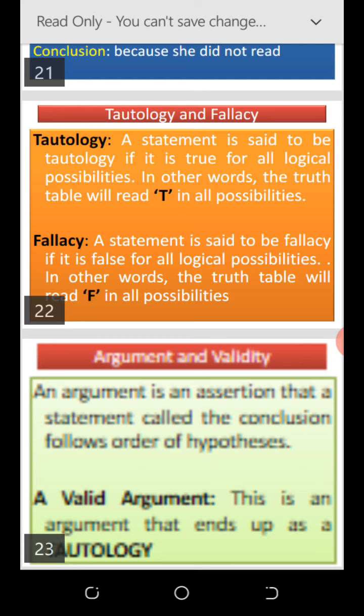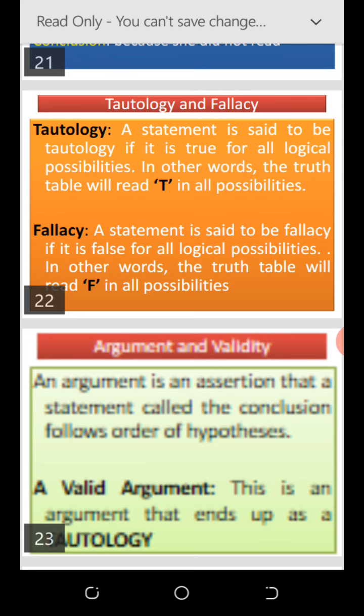This means that a statement is said to be a tautology if it is true for all logical possibilities. Meaning, if you look at a tautology table, all the final answers in that table would be true, meaning T,